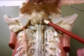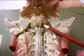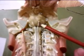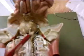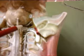right here. Okay, that is the abducens nerve. I hope I'm saying that correctly. Abducens, and that is also responsible for eye muscle movement. The 7th cranial nerve is the facial nerve, and that's when we start getting up into here. The facial nerve is responsible for facial expression,